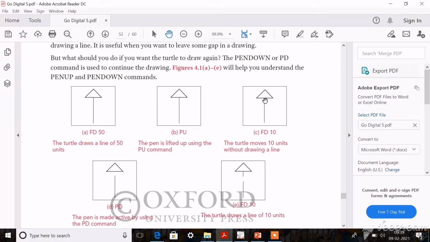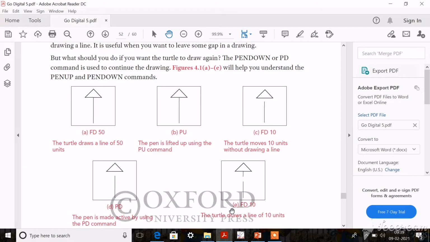Look here, there is a gap produced after the next command. Okay, then again after this gap you want to draw the next line. It means you need to use this pd command, and then you can give the command like fd10 or bk, any other command. Okay, then from the place where the gap ended, from there your turtle will start drawing.